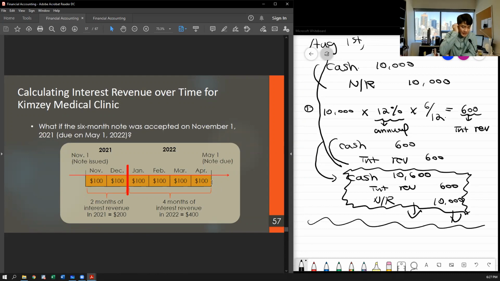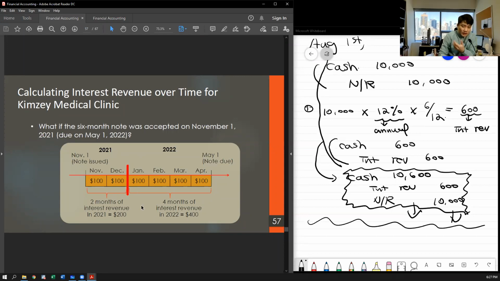Now, if that's the case, what are going to be the journal entries that you will be recording at the end of the year? Because at the end of the fiscal year, the company closes the books and they make all these types of adjusting entries and prepare the financial statements. So if this is the case, the question becomes, how do you record the adjusting journal entries as well as the journal entries at the maturity date? Okay, so let's